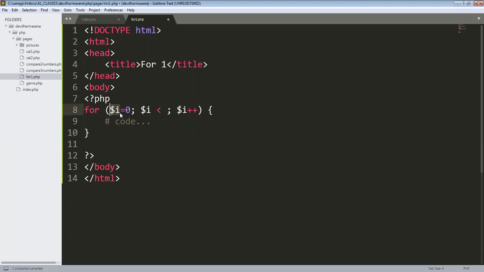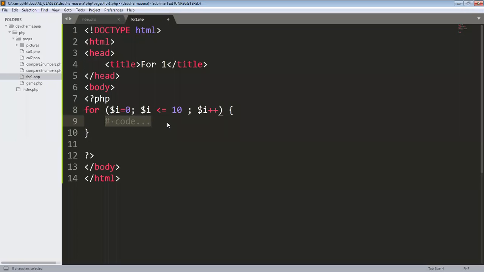iterate a variable. Okay, we can start with any number. Here by default I will start with 0. Then I can use a comparator. Okay, I'll tell what it is. I'll put 10 here and an equal mark as well. Okay, what does that mean?